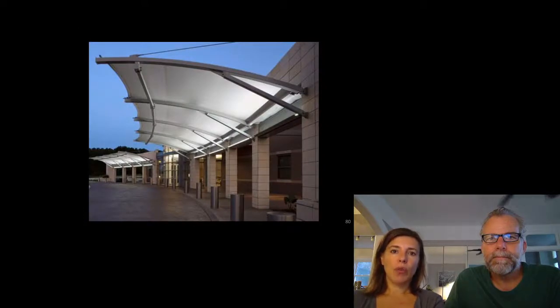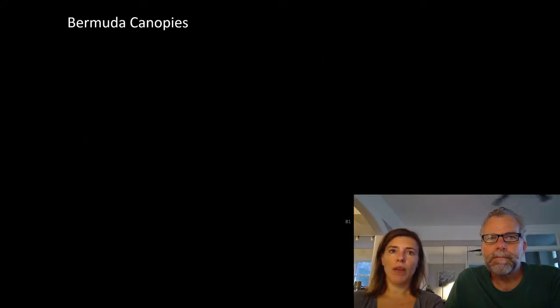I just wanted to show a few more fabric canopies. Again, we're going to be talking a lot about fabric canopies. Now, this is one Dave did. Again, we're going to talk about this in the fabric lecture, so I'm going to breeze through it because we've